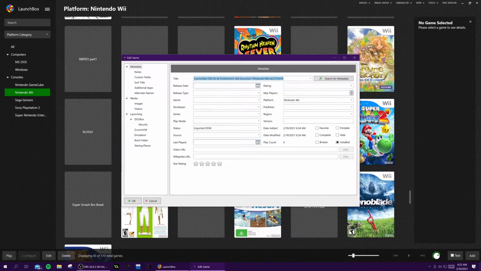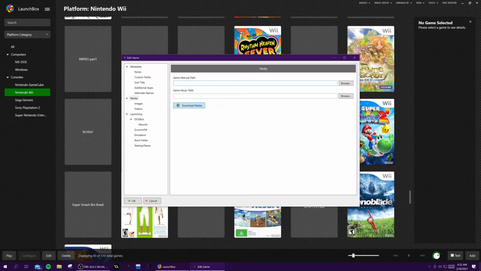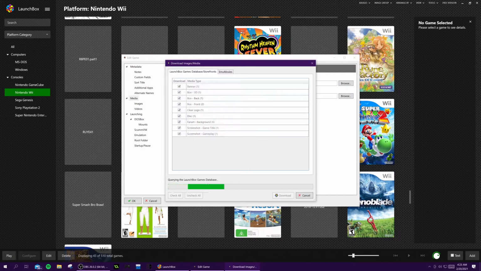See, and you just pick one, and then it'll get everything for you, all the information. You go to media, and you can just download all the media for the game, just like that, and it'll download. But I don't know if there's a way to do multiple ROMs at a time, but right now it's kind of tedious, so I would recommend, before you even scan any of your games, to properly organize your files. Like you saw with the Dreamcast one,